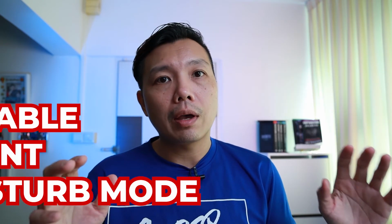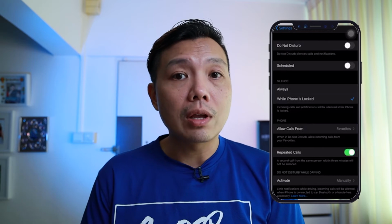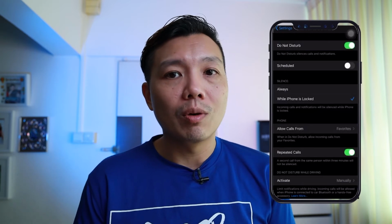Step number 9 is about enabling Do Not Disturb mode or flight mode. This is another one of those things where you don't want to be interrupted while you are recording. By enabling flight mode, it's going to disconnect your phone from the internet and from your mobile network as well, meaning you're not going to have any incoming calls or other notifications,